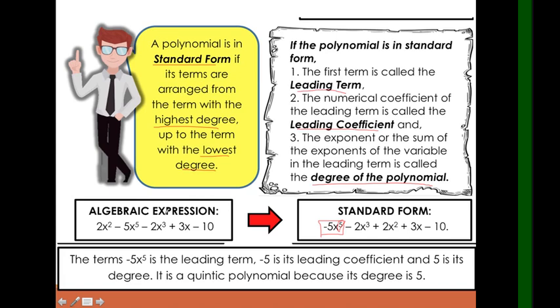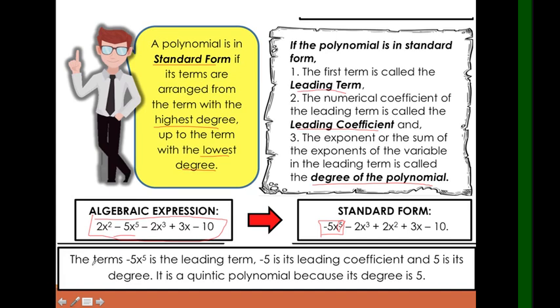Okay? So, based on this example, hindi siya nakaayos, pero nakabigay yung expression. So, ang gagawin, aayusin siya from highest to lowest degree. So, kaya nauna yung negative 5x raised to 5 or quintic, then negative 2x cubed, then 2x squared plus 3x